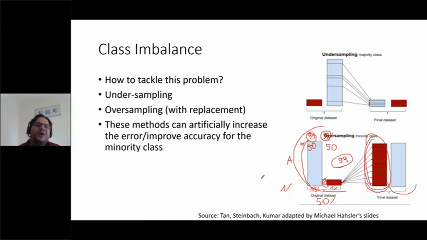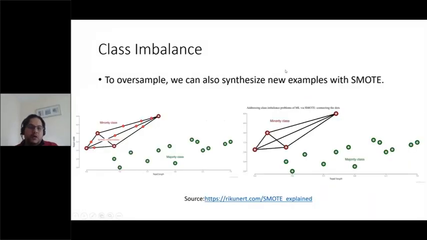So this is the regular oversampling. It doesn't give a lot. It just artificially increases the error by multiplying it by a number that will make this number of samples the same as this one. So we have another famous technique, called SMOTE. It doesn't just duplicate the samples,